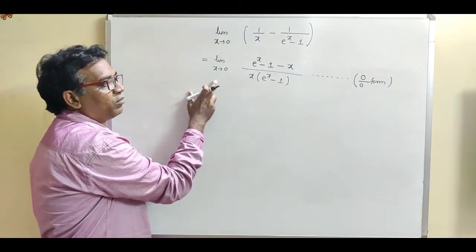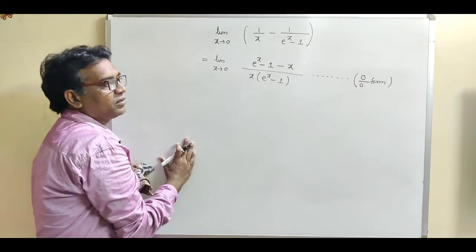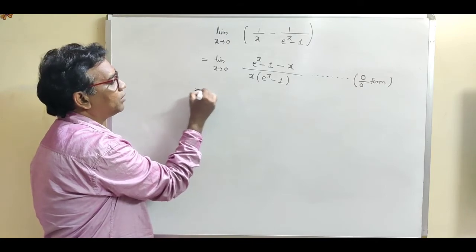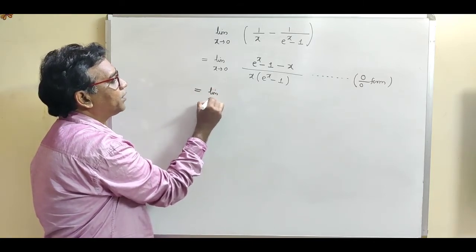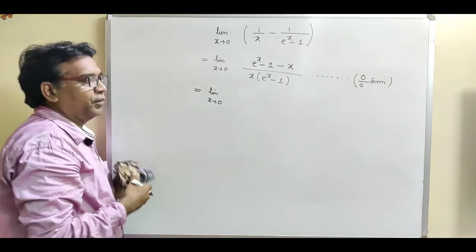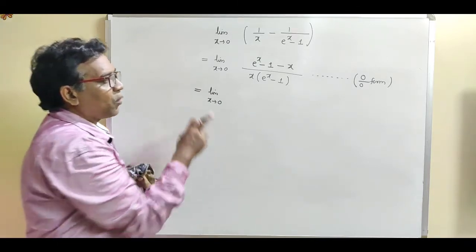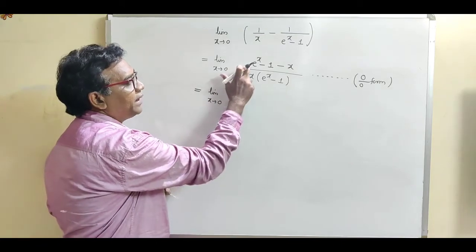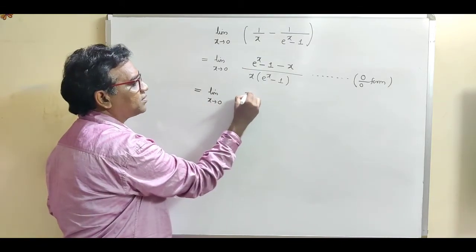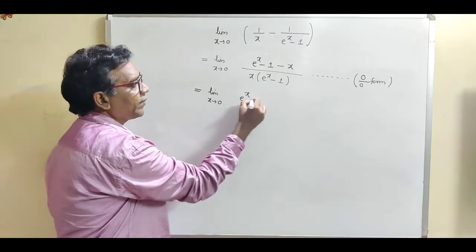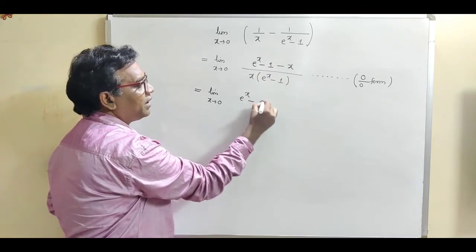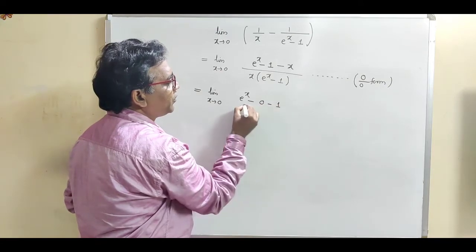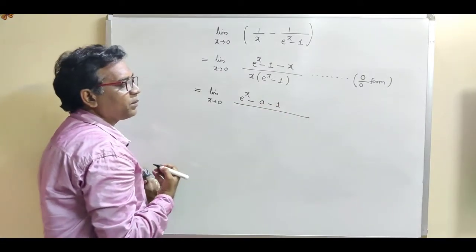So if the limit form is the division form, then what is the method? We have to apply the L'Hopital rule. So write down the L'Hopital rule. This is limit x tends to 0. So what is the L'Hopital rule? Just take the separate derivative. Derivative of e raised to x is the same, minus derivative of a constant number, which is 0. Derivative of x is 1, divided by